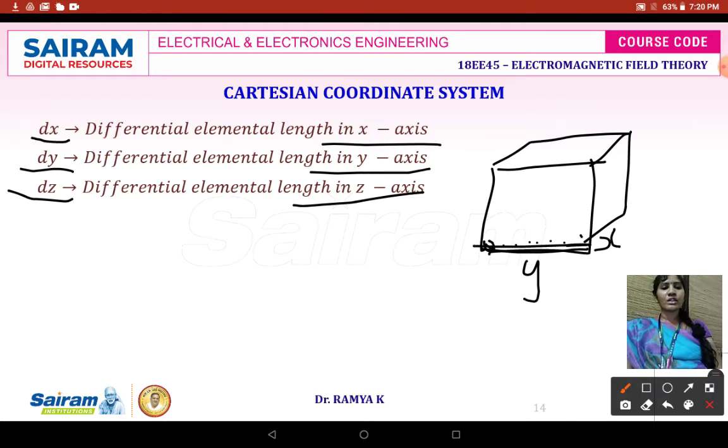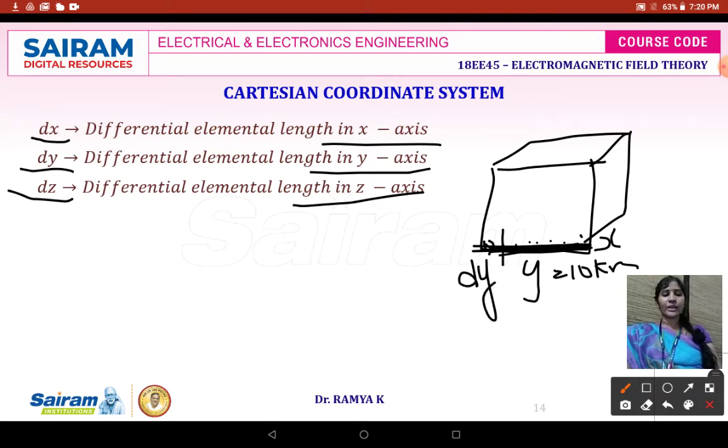So you consider the length of the line on the y-axis to be 100 kilometers, and you are going to place the charge along this 100 kilometer line. If we are supposed to identify the charge for a particular length, then you have to consider a differential elemental length along the y-axis. Then in this differential elemental length, we will be counting the number of charges. That total number of charges multiplied by the distance will give the amount of charge that is distributed all along the length of the line.